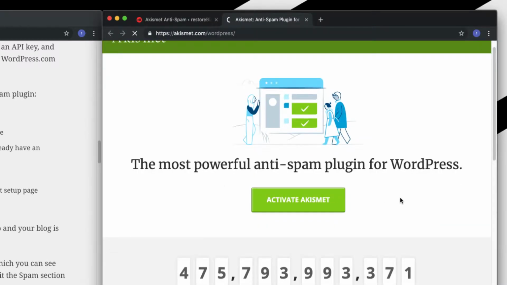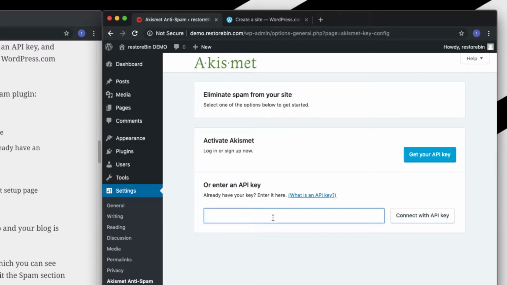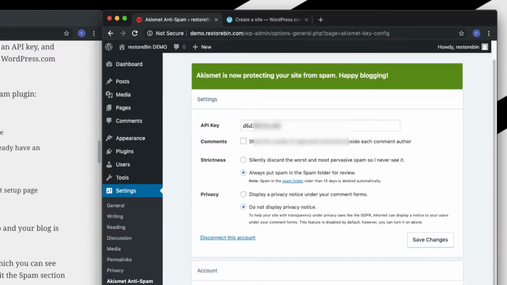It says activate Akismet account. If you already have an account, just go and log in to your WordPress.com. If you don't have one, just register here. Once you complete your registration, you will get an API key which you need to enter in this. I already have an API key, so I'm just going to use that API key and paste it. So let me connect with my API. Okay, so Akismet is now activated, you can see here, and I am currently using the basic plan,